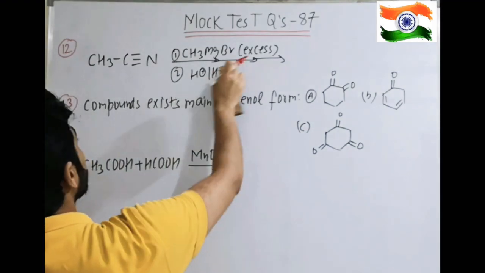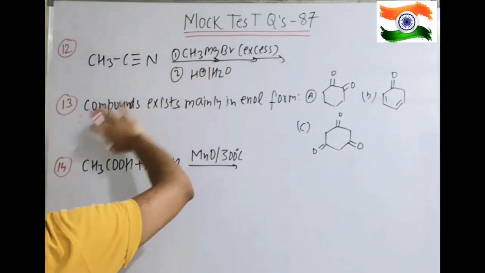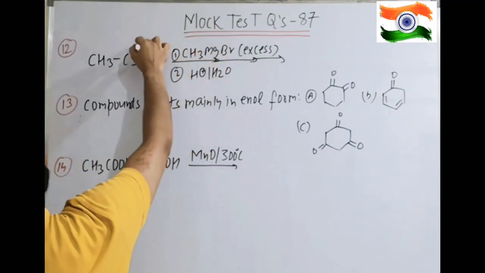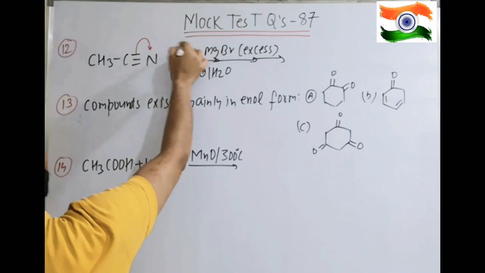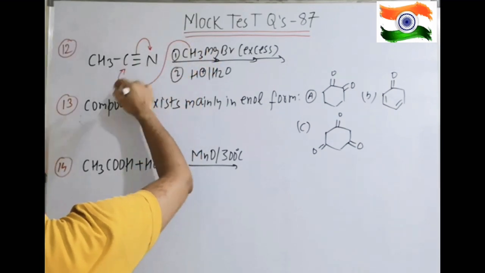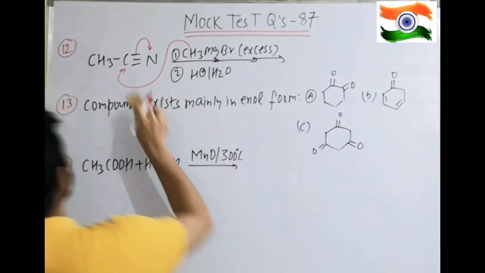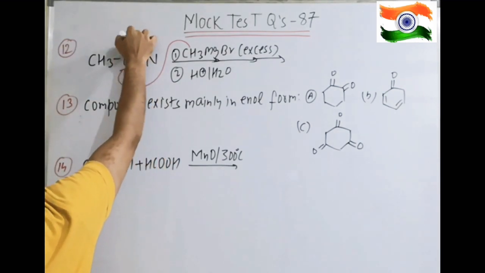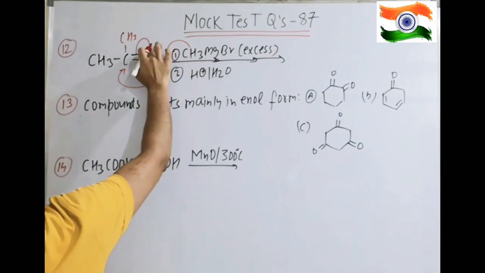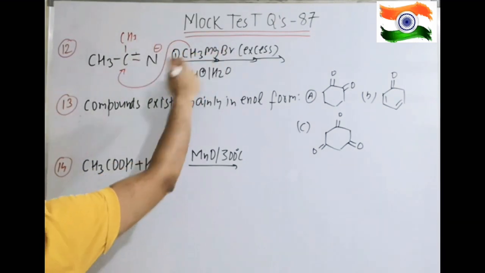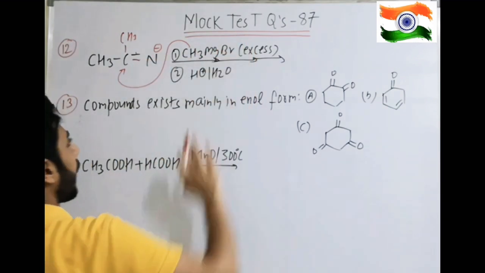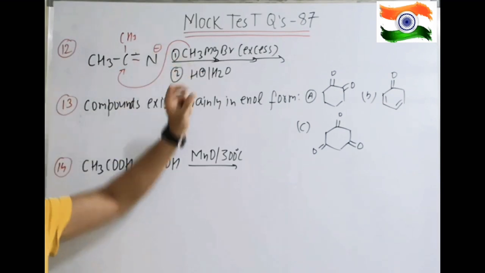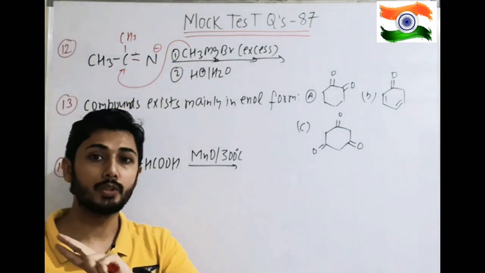First, we have done this reaction in the preparation of carbonyl compounds also, with CH3MgBr, the Grignard reagent. Firstly, the carbon will be attacked by Grignard R. And it forms a salt type, where CH3 will form a bond and N gets a minus charge, N minus with MgBr. Even if I write excess here, it won't matter because after this no reaction will take place. Nitrogen will not form 2 minus. Remember, excess has no meaning here.